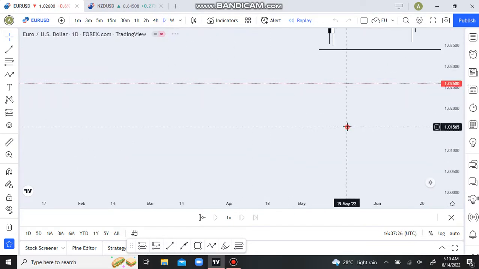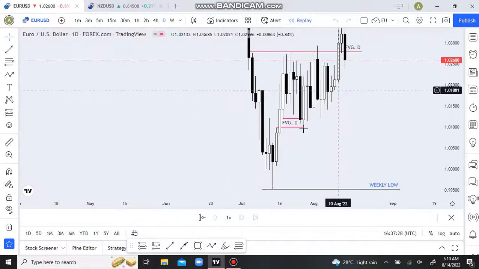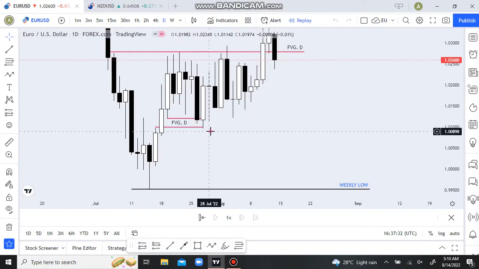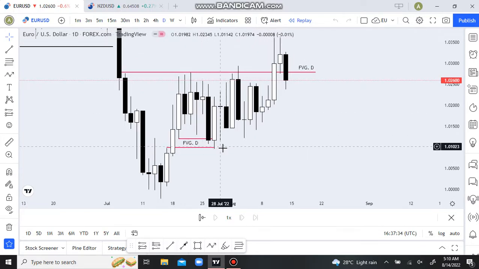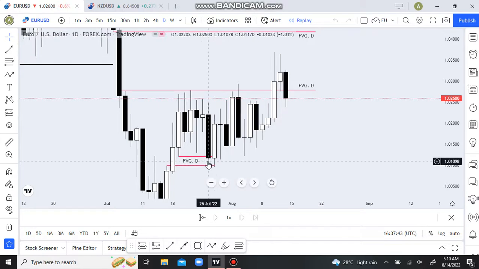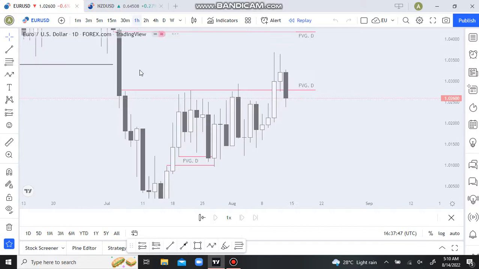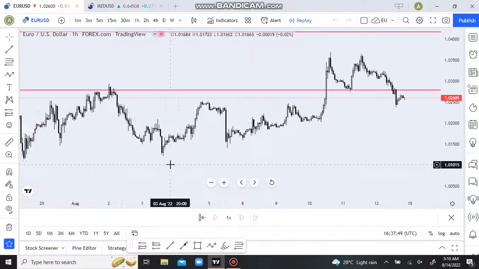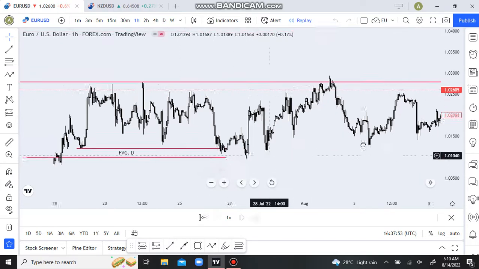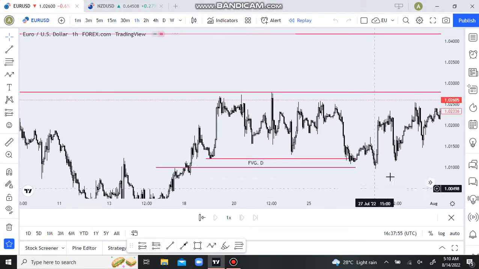This is the daily FVG. Okay, this is the daily fair value gap that I said I will be interested in to buy from, to this weekly gap, or for this weekly pullback to end here, and then price came here. So as price comes here on the daily, you go to the 1 hour, and that's when you will be looking for your entries to buy to this. Okay, so on the 1 hour,